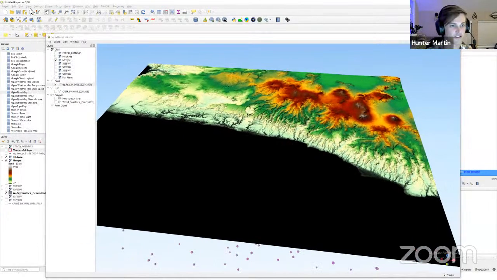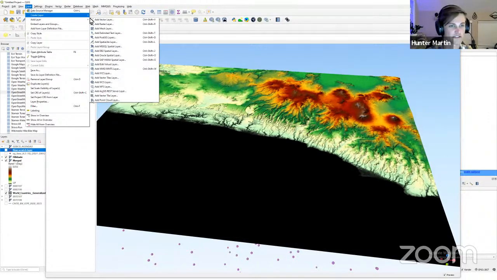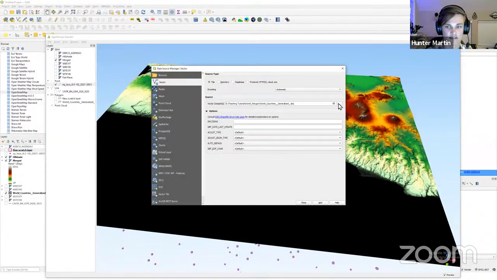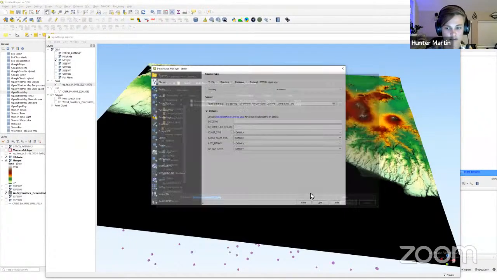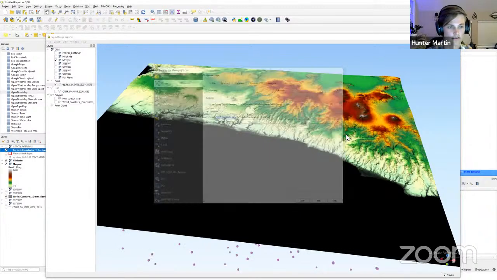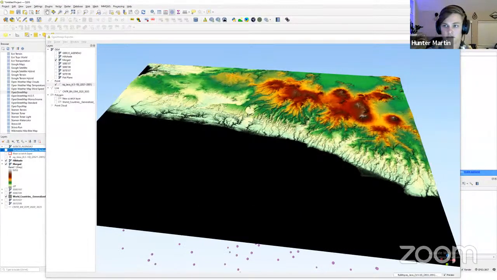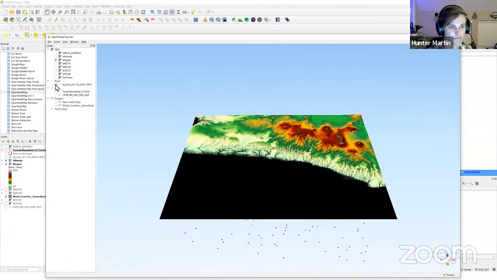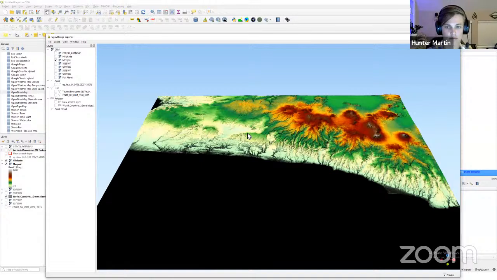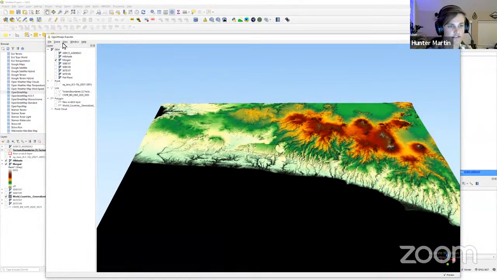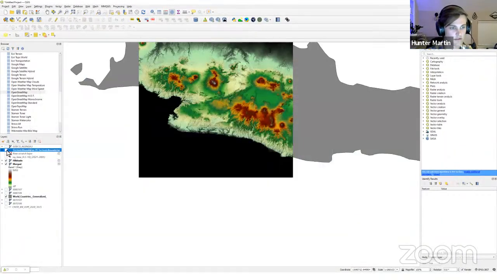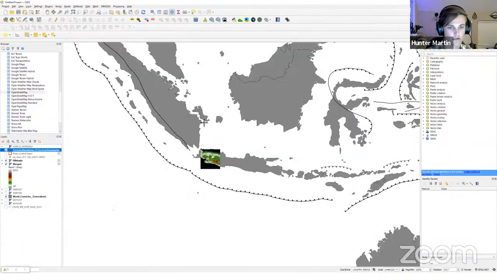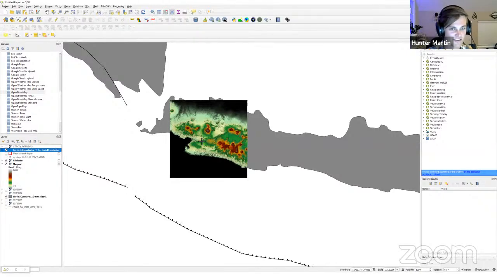So I'm going to add my tectonic boundaries layer. Let me take a bigger look here so you'll be able to see better. This isn't really a good area, but